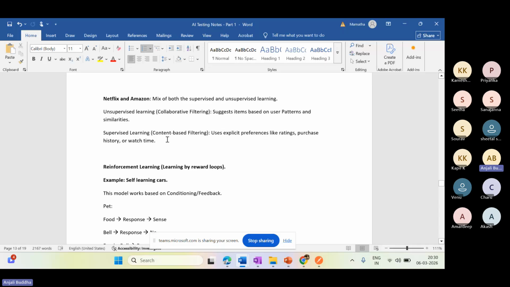So I'm going to search, and I want the products based on the 5-star rating, or the products based on more watch time. When we provide the explicit entry, at that time, based on the content, it will do the filtering. Certain times it will try to give suggestions based on the unsupervised learning model, wherein they use collaborative filtering to suggest similar types of items in that particular category. So you got some understanding?